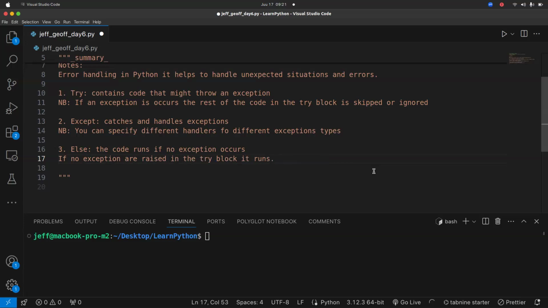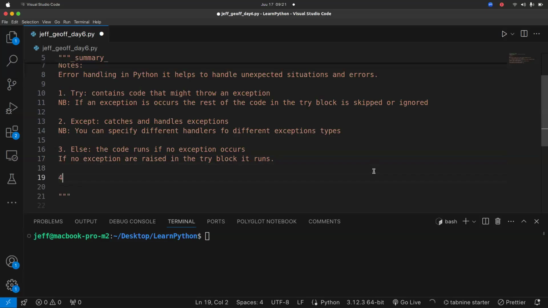So if you don't raise an exception, the else part of the code will run. That means if you want to raise that exception, you need to put it in the try block.